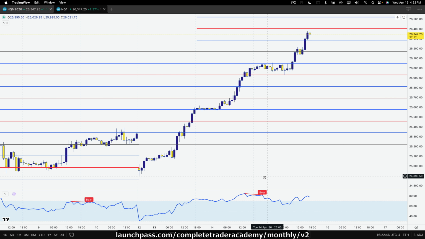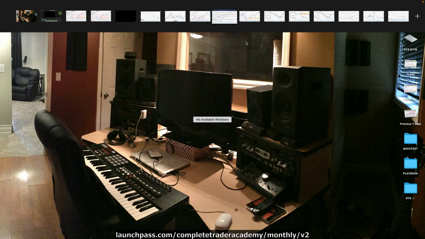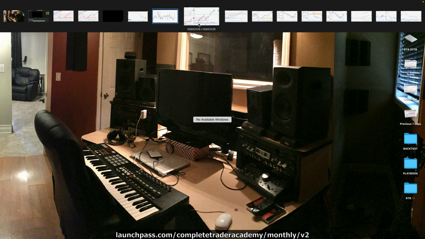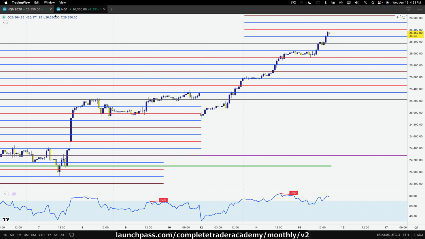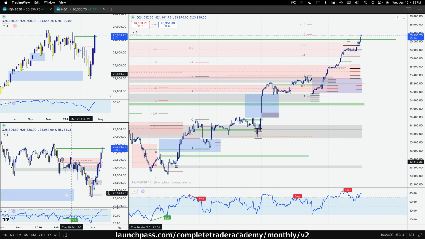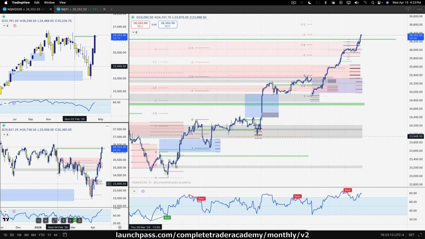Took some losses trying to do it though, so it's fine. I know what I'm doing. But yeah, squeezing up more now. Okay. So you obviously have Nvidia pushing up too. So nice retracement there. And then I feel like I'm missing something right now for some reason. But we up here, man. I mean, just beautiful, man. Just beautiful, dude.